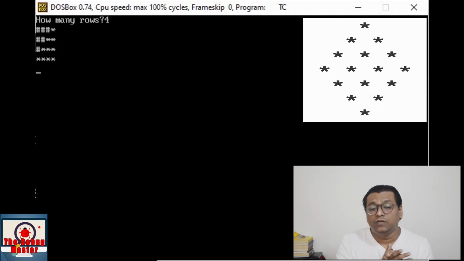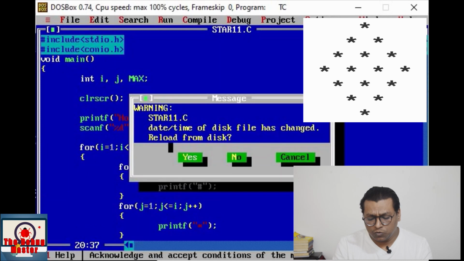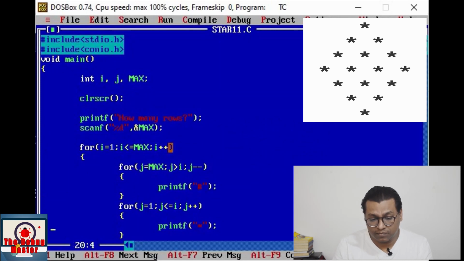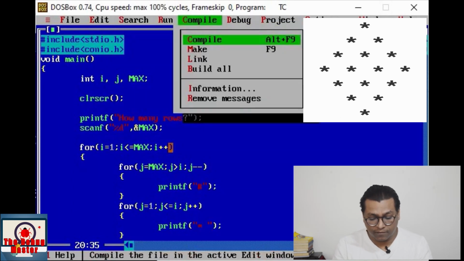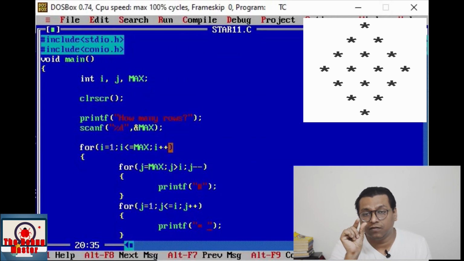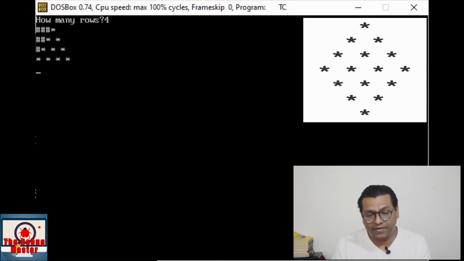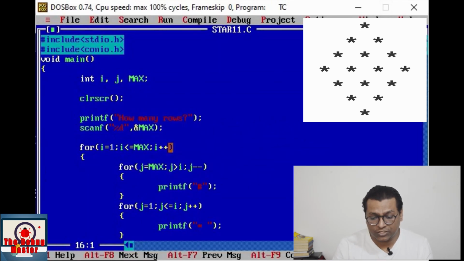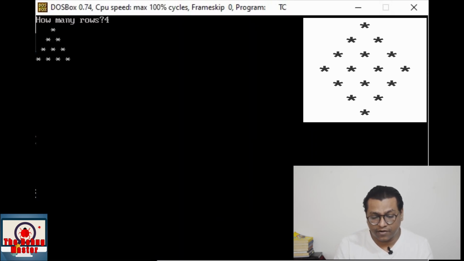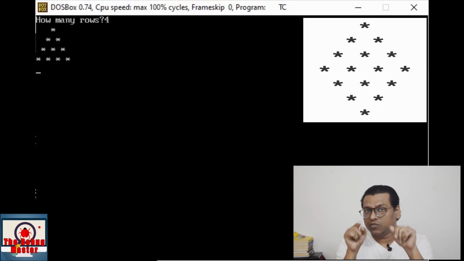Okay friends, now the basic part is ready. Now just add a space over here. See friends, we have already learned this type of pattern in previous parts, right? If you add a space here, then it will be a pyramid style pattern, right friends? Now we can just replace those hashes with the space. So here instead of hash we shall print space, right? Save it and run it. See, the first part is complete.